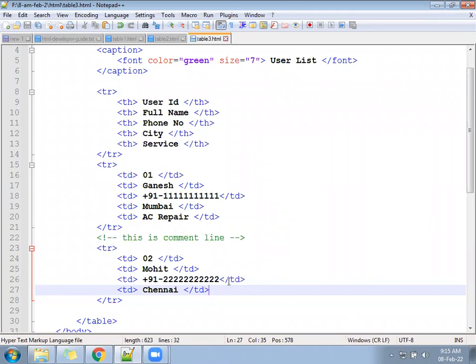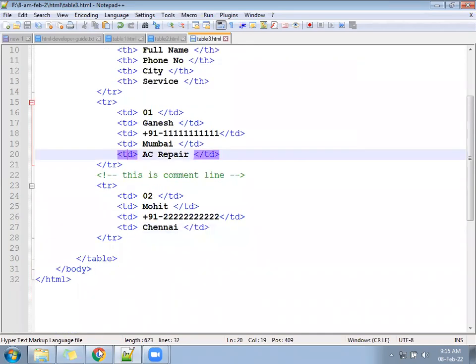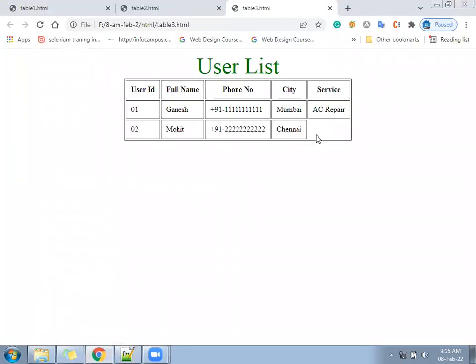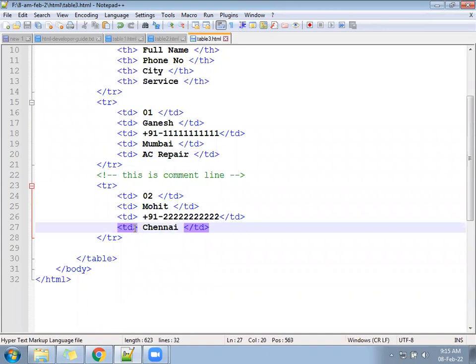Okay, so what is missing? One customer is missing. If you run this, one TD is missing. If you run this file, what will be the table structure? That is here. It is showing one column is missing directly. So in that case, we have an option: instead of displaying an empty column or a non-existing column, we can combine the space of two columns together using